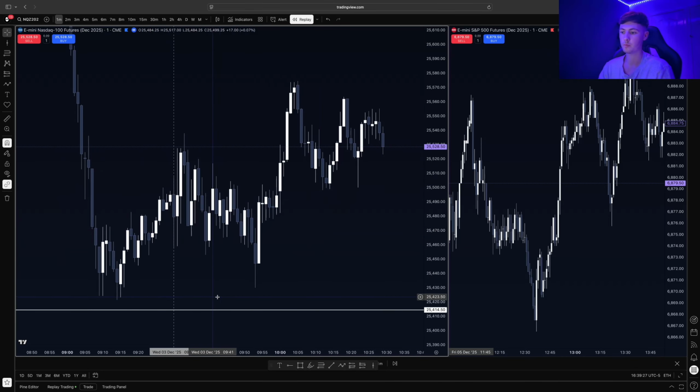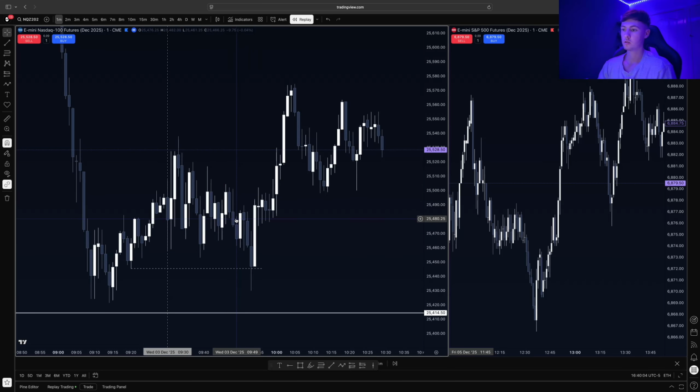So we've got SMT divergence at the lows. And then what the NASDAQ does is it runs this internal range low. So price is fractal. Whatever happens on the higher time frames also happens on the lower time frames. So boom, NQ runs that low. Then what do we get? We see that sharp displacement to the upside, breaking this swing high. There's your displacement and your market structure shift.